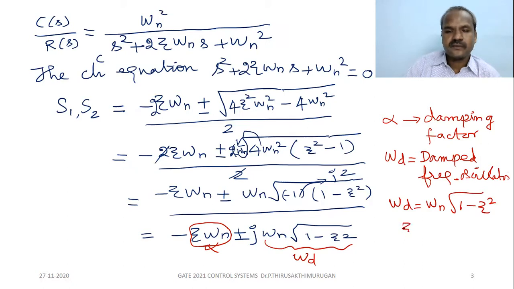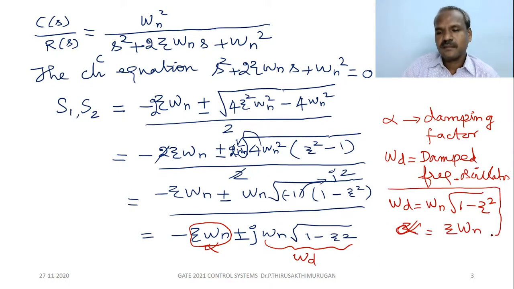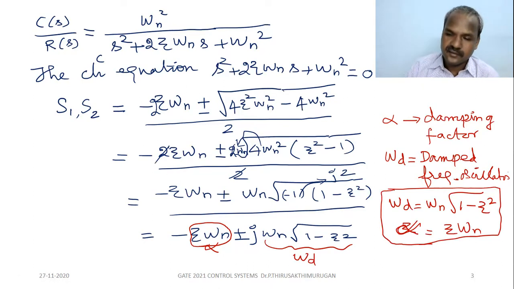What is alpha, the damping factor? Damping factor equal to zeta omega n. So these two are very, very important. Please remember, damped frequency of oscillation is omega n into square root of 1 minus zeta square. Damping factor alpha equal to zeta into omega n. One more piece of information: 1 by damping factor is sometimes called the time constant